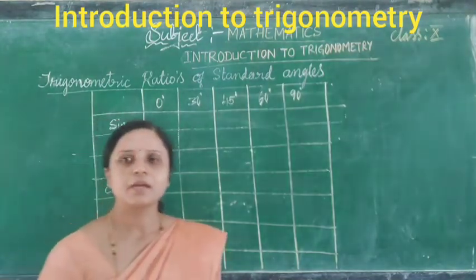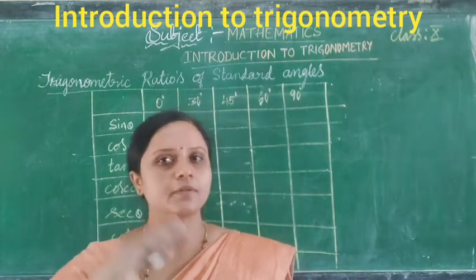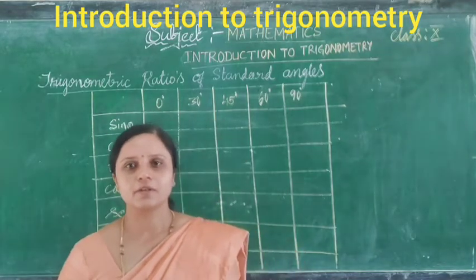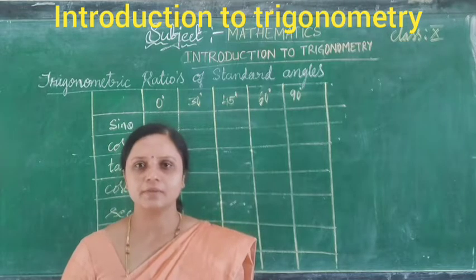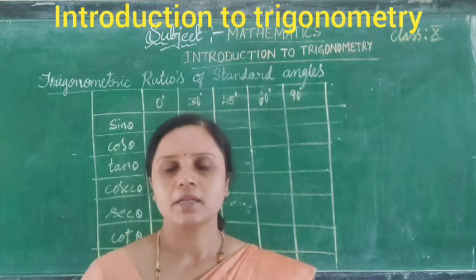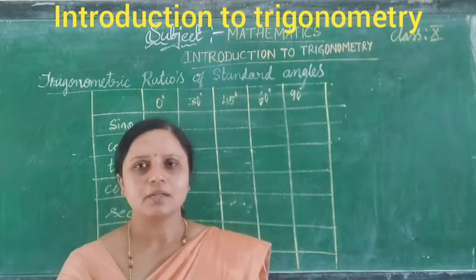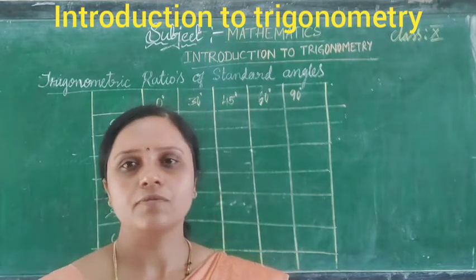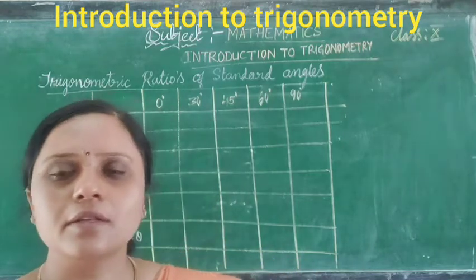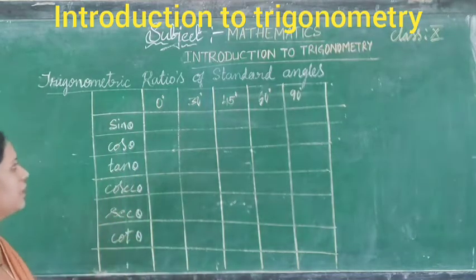Students, now we are going to the last part, that is the trigonometric ratios of all the specific angles of 0 degree, 30 degree, 45 degree, 60 degree and 90 degree. So now I will explain how to write these trigonometric ratios and angle values. I will give the tricks to write the values of these specific angles. Students, very simple, you can write the trigonometric angle values. So now I will explain like this.